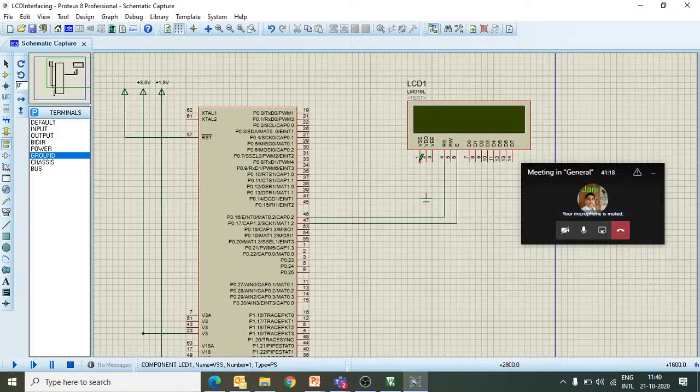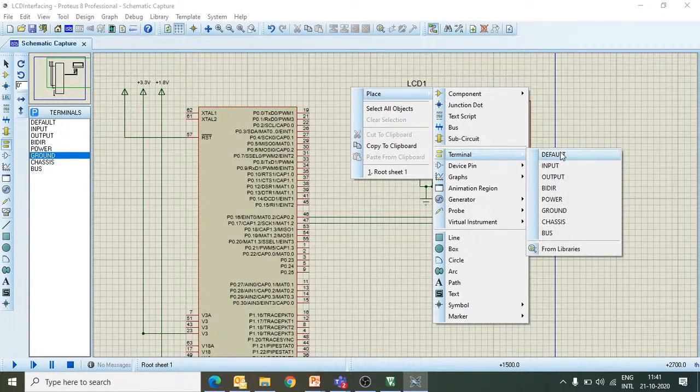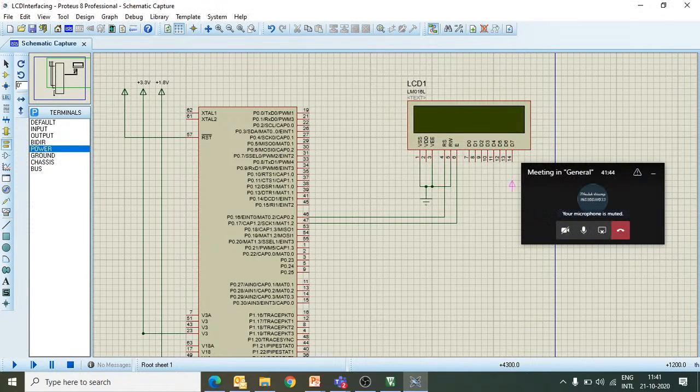This ground, VSS, I will connect with the ground. Similarly, this VEE also I will connect with the ground. Similarly, RW I want to connect with the ground because I don't want to read the status of the LCD. Then I will also put the terminal power, to connect this VDD with the power.